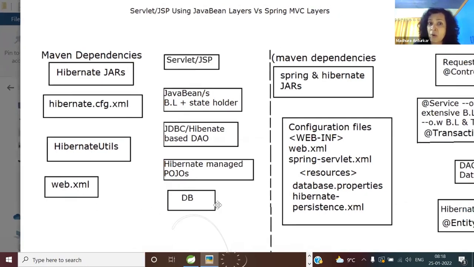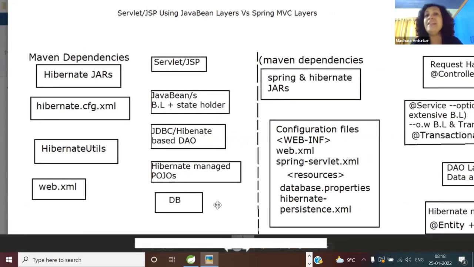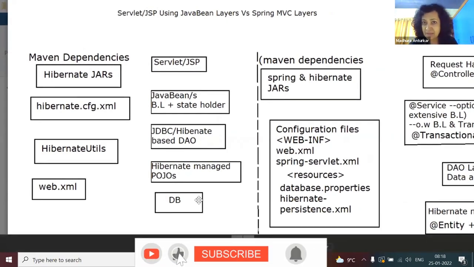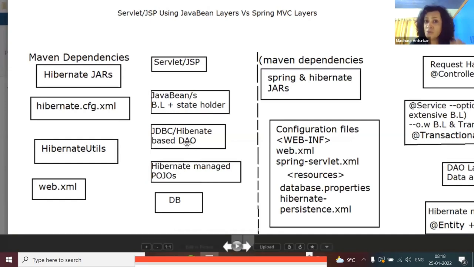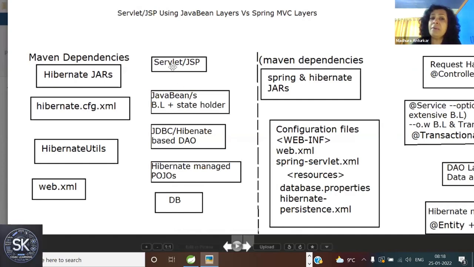So then of course we have web.xml. And these layers, I hope now you know by heart, inside out. Database, reflected by ORM using POJOs. POJOs used by DAO layer, Java Bean, and then the topmost layer can be either servlet or a JSP. Currently, you know JSP managing Java Bean. When I give you a ready-made demo of full MVC using servlet, JSP, Java Bean, you will see that servlet will manage the Java Bean and JSP will be used for presentation logic.